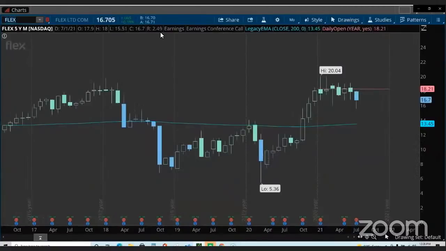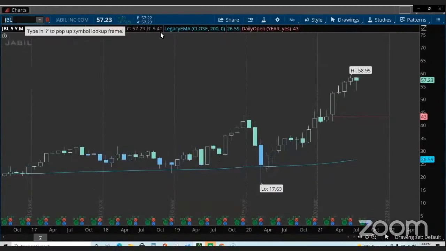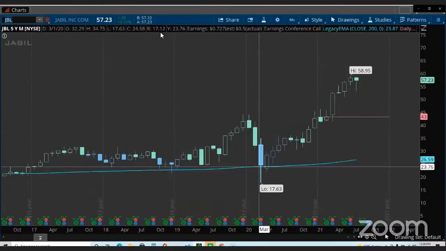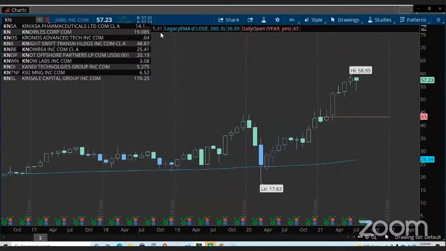Let's go to Flex, FLEX, IIVI. Let's go to JBL. Great growth. Last year, you would have been able to get in at 23.85 based on a 200-day moving average, which is a way to get in. And it's currently at 57.23 as of this show. And then the last one, let's look at KN,